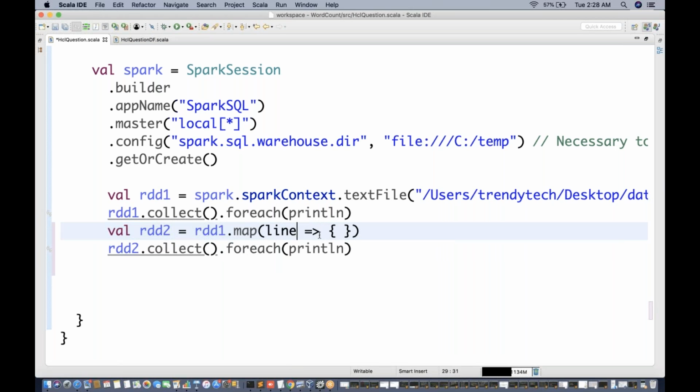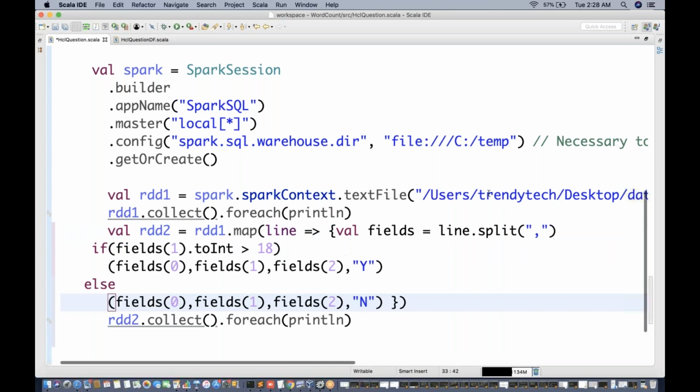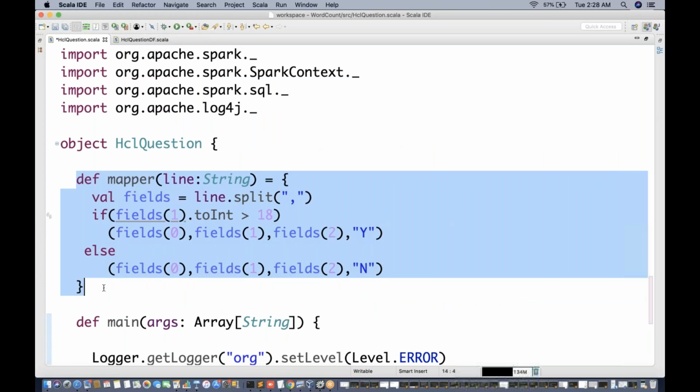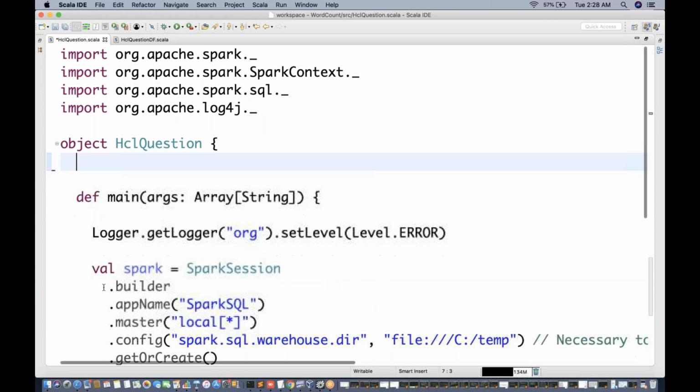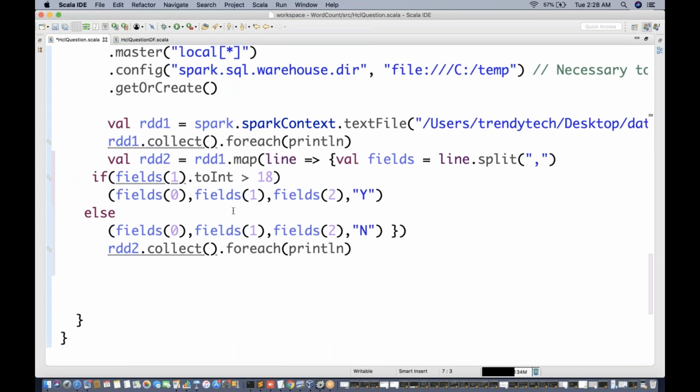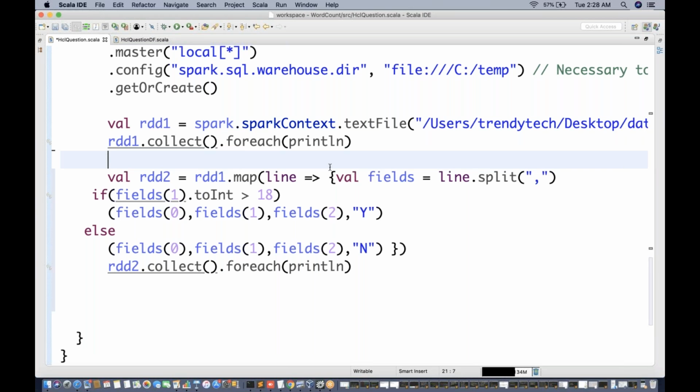I will say line because I have given it line, right? And I will remove it. I will just structure it well so that you can understand it very well.